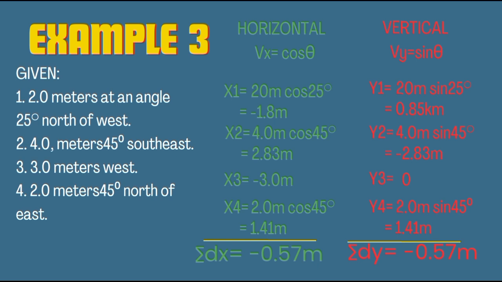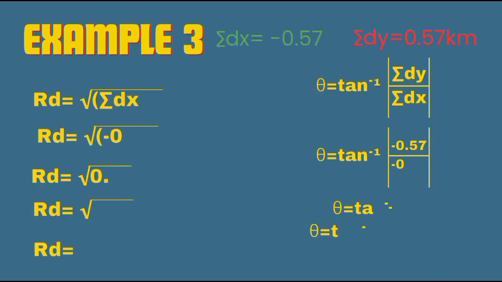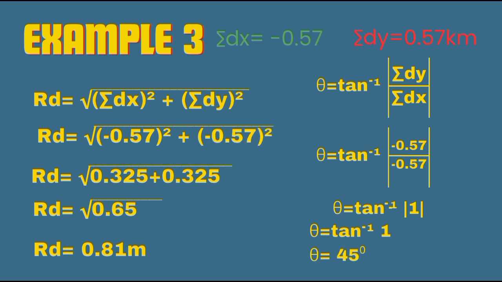For the sum of the x-axis, the answer will be negative 0.57 meters, and for the y-axis, negative 0.57 meters as well. And for getting the sum or the radius of both,